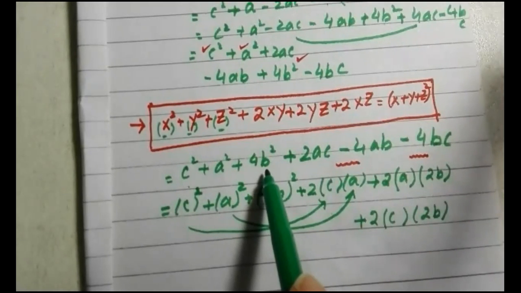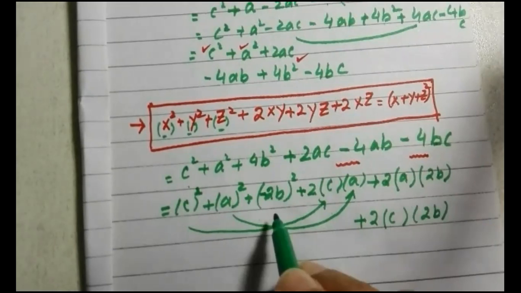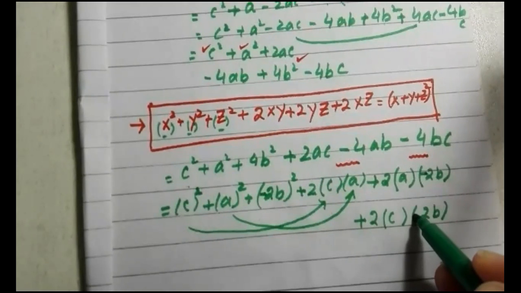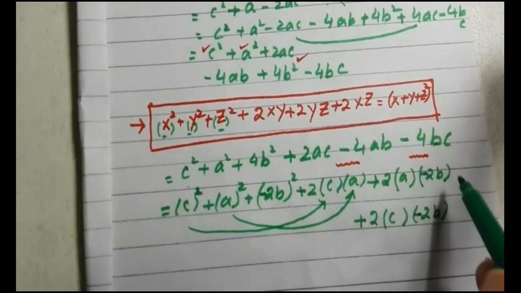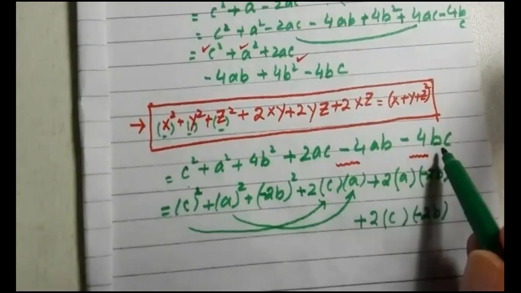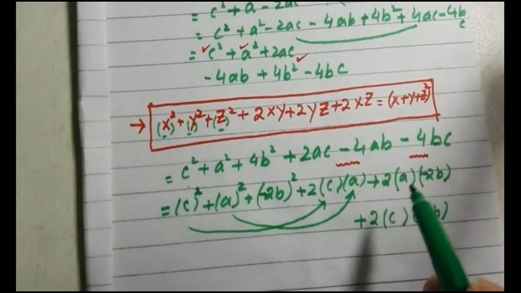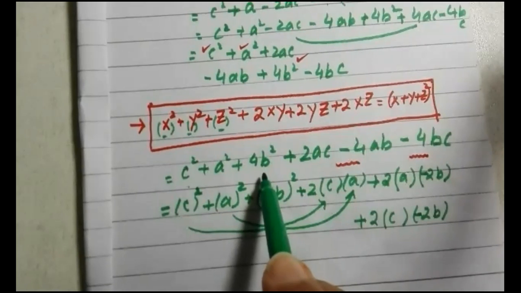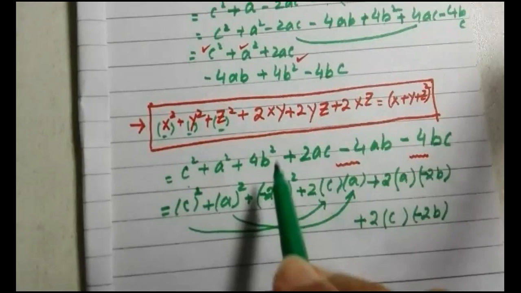But right here, because the third term will become minus 2b, you will simply place a negative sign right here. Where there is 2b, you will write minus 2b. So consequently, when you multiply them together, it will become minus 4ab and minus 4bc. This problem will be solved by adjusting the negative with minus 2b, because minus 2b whole square will generate plus 4b square, so it will not affect its originality. It will remain as it is.